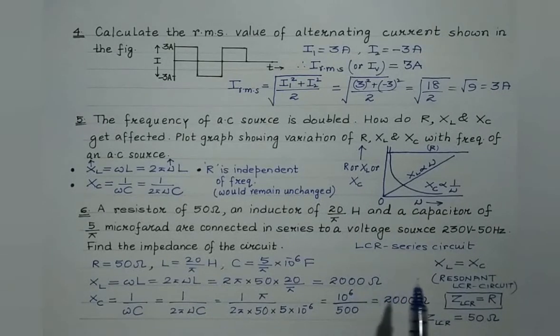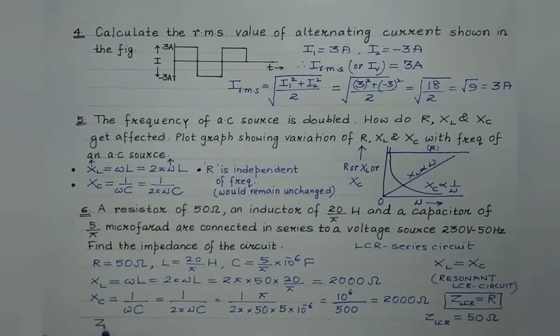So in the case of LCR circuit, whenever the impedance is to be found, first check whether XL is equal to XC or not. If it happens that XL is equal to XC, then it must be the case of resonant LCR circuit. And in the case of resonance, we are aware the impedance offered by the LCR series resonance circuit is exactly equal to the ohmic resistance. So the impedance offered by the LCR circuit is minimum in this case, right? And it is found to be 50 ohm. You can do it directly as well.